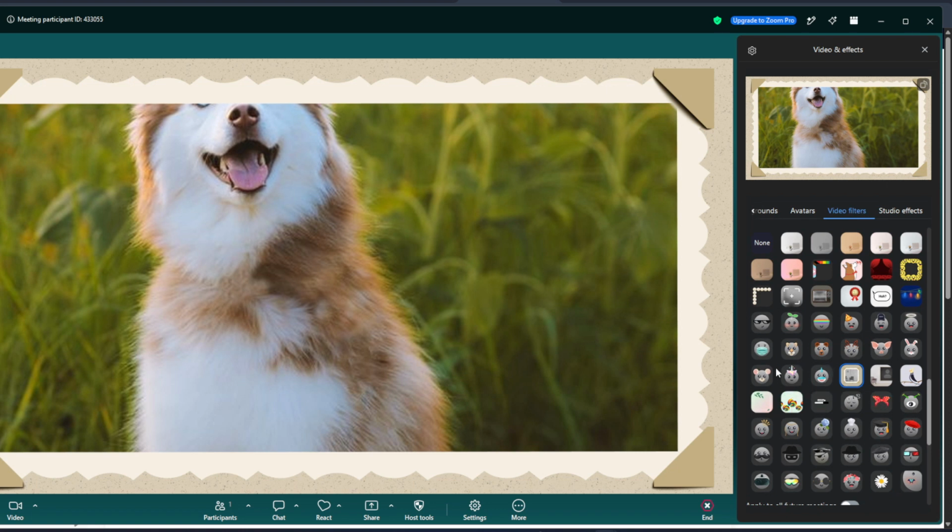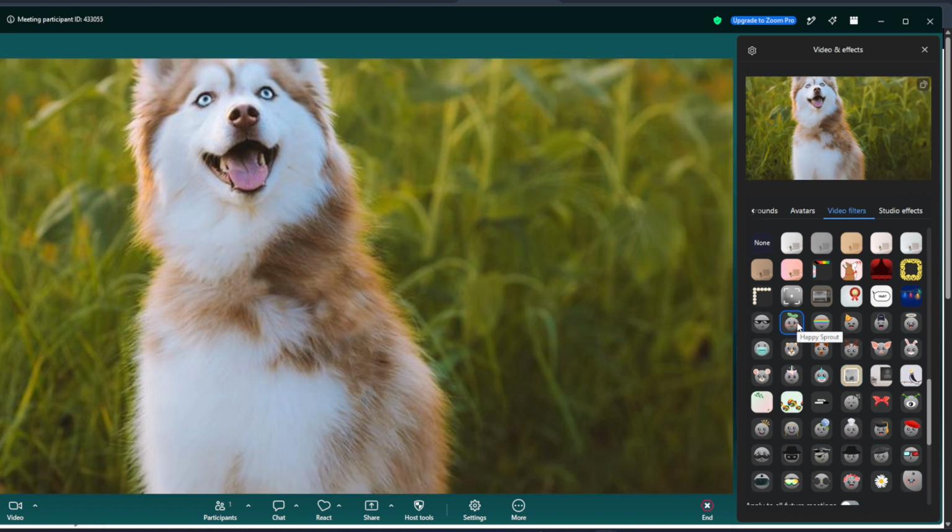That's all it takes to find and use Zoom filters. Just click on More, go to Settings, open Video and Effects, and then select Video Filters. Once you know where these options are,